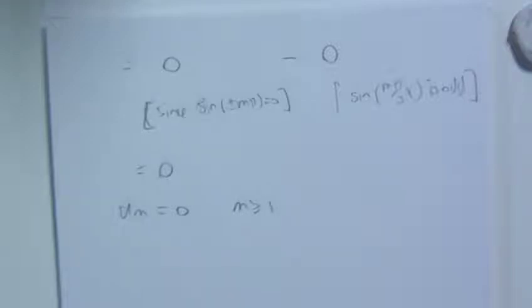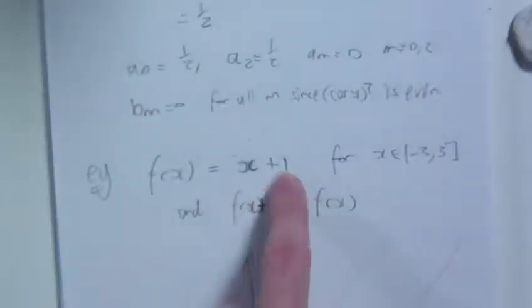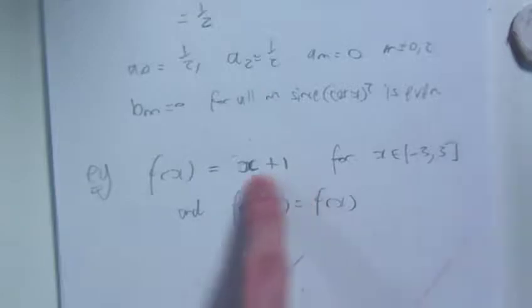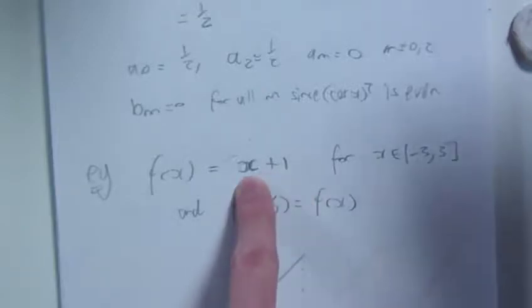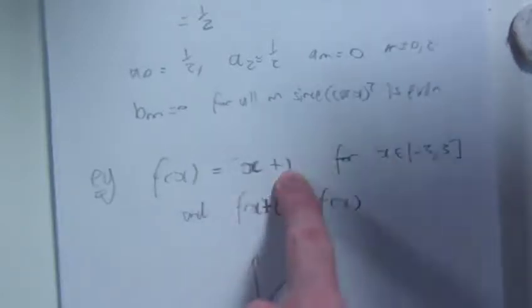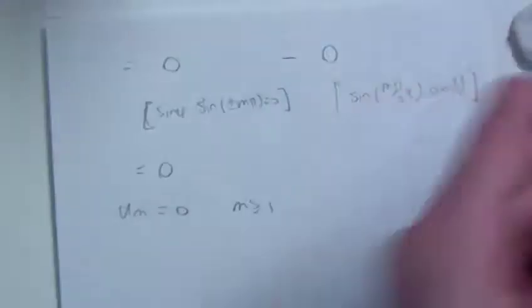And again, that does actually make sense, because my original function has an odd bit and an even bit. It's got an even bit here, which is the 1, and an odd bit here, which is the x. And so the only even bit is the constant, and so that's the bit that's going to get attached to the cosines. See, by doing the problems, I'm understanding it better. I don't know how you feel, but I'm feeling better. So, to finish it off,